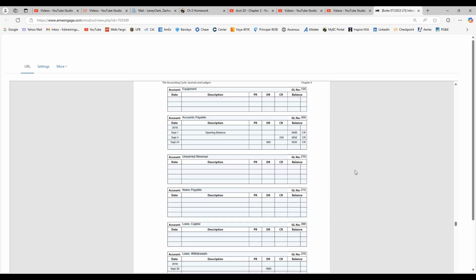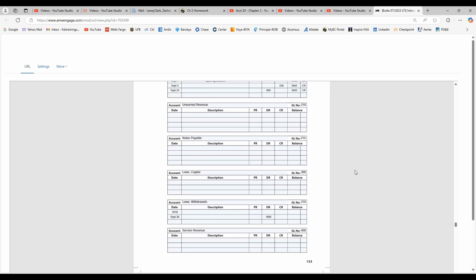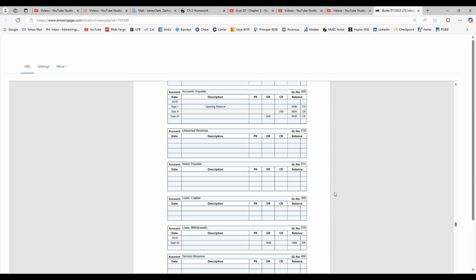Anyway, just to be completely proper, the one thing I wanted to highlight as a difference is that we only have one transaction, so we don't have to summarize anything or add anything together. It's just a debit, which leaves us with a debit balance in withdrawals. But for the withdrawals account, and also for all the other income statement accounts of revenues and expenses, there's